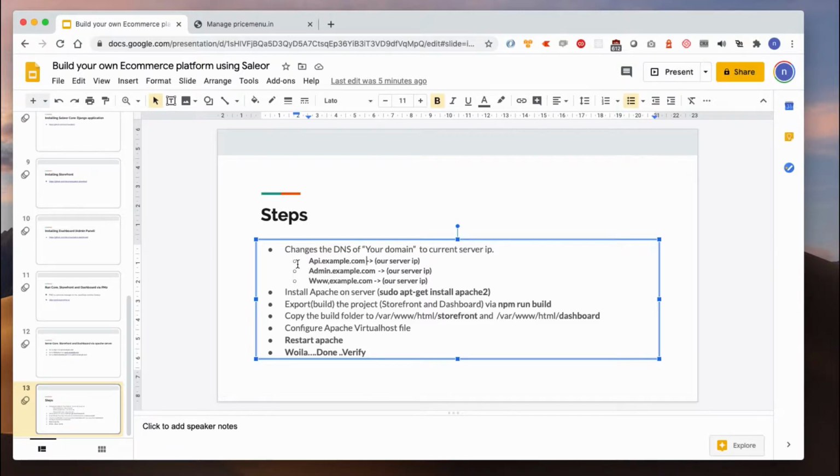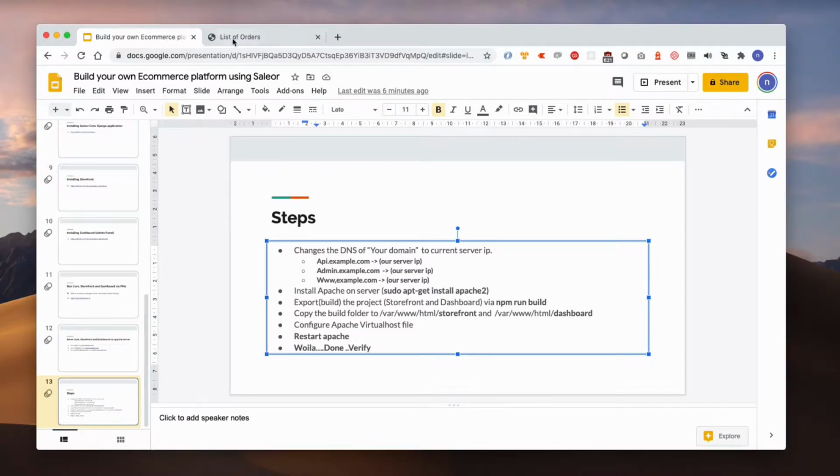Now, one disclaimer over here is that I will not recommend using the same server for serving all the three components. I'm just doing it for demo purposes, but for production or development release, it is recommended that people should have different servers for serving the website and the API, so that whenever one server goes down, the traffic is distributed and no server is overloaded at any moment. So let's set up the DNS setting of a domain.